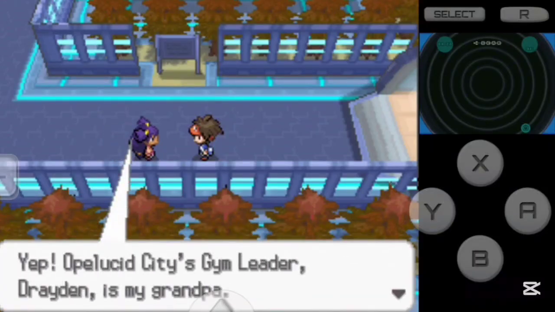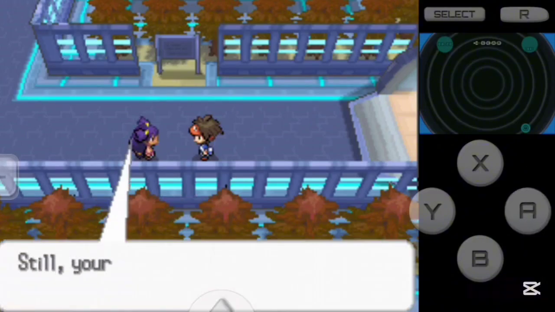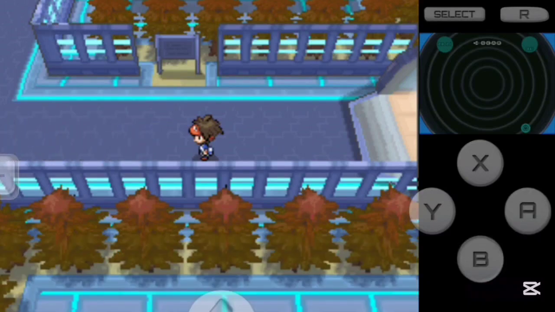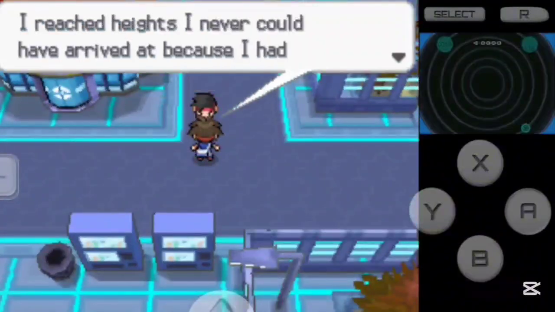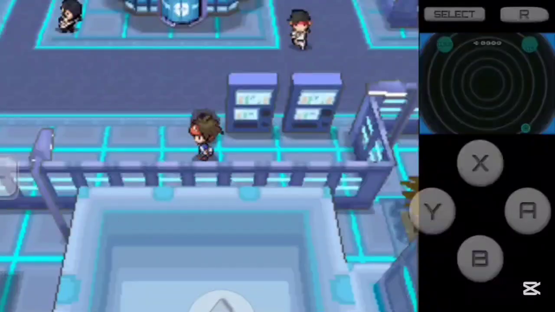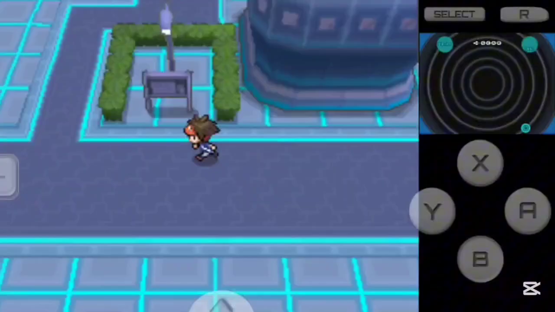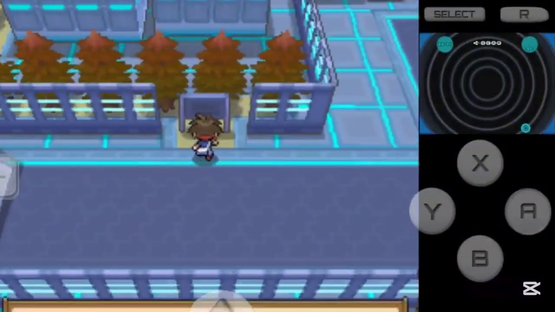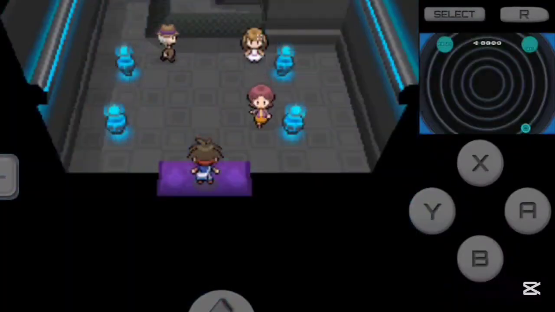And now it looks like we've made it to the next city. We have reached Opelucid City, the city everyone has been talking about. Apparently this city does have a gym. I think it might be Drayden, the dragon type gym leader, but I'm not 100% sure. We also just ran into Iris, who's also an Elite Four member. So I think we might have bumped into all of the Elite Four members while traveling on our journey. But now let's explore some of Opelucid City and see what all there is in here. See if we can find the gym